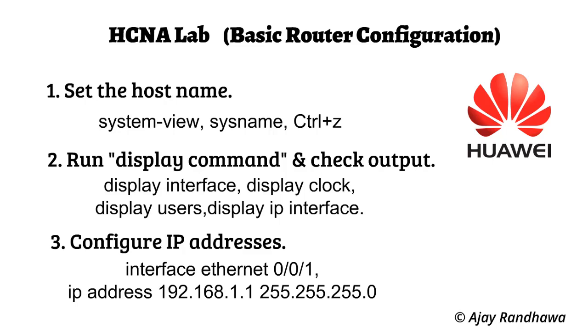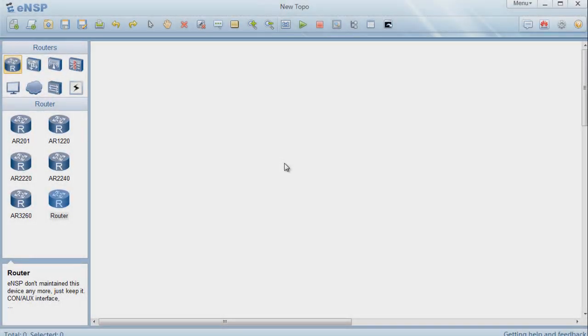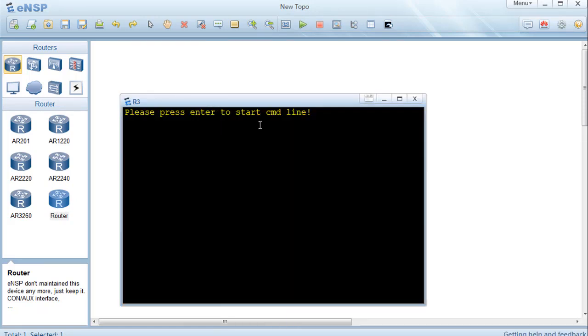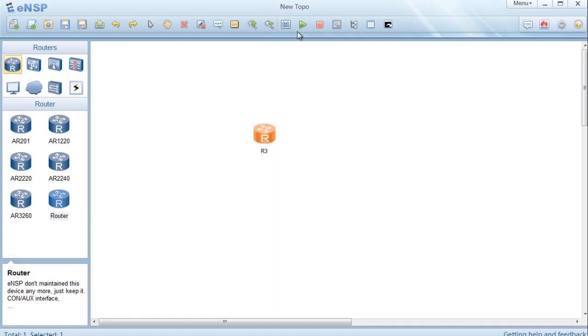So now guys, we come to the eNSP simulator, where I have downloaded and installed it. Firstly I click and drag the router and double click on it, but before that I start the device from the upper green icon.